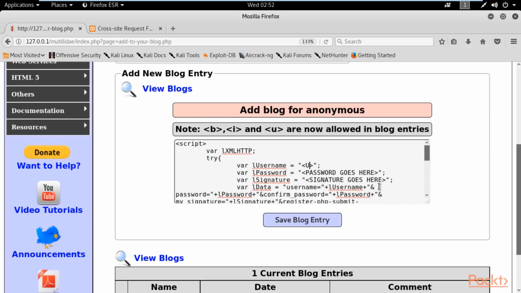For example, my username is John, right? So I will insert the username inside it. For example, your username is John, type here, and you can type any password. For example, the password is also basically 123, or you can type John, it doesn't matter. And here in signature you can type John is John.